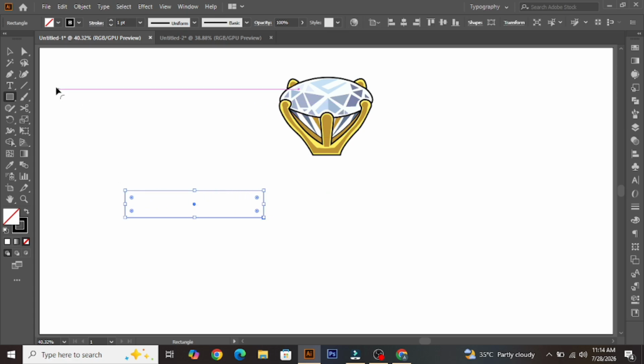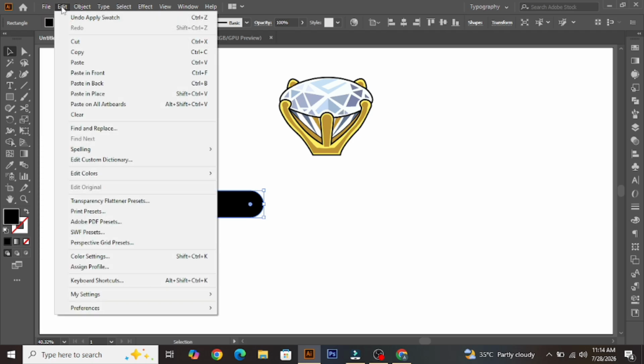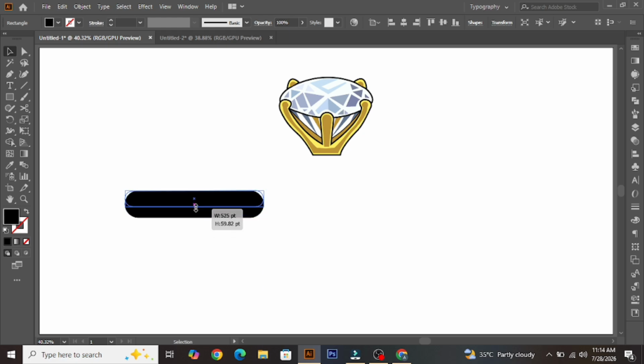So first of all, we take a rectangle tool and then draw a rectangle and curve its all four sides. Then fill it with color and then copy it and paste its copy at front and then drag its copy toward the center and then